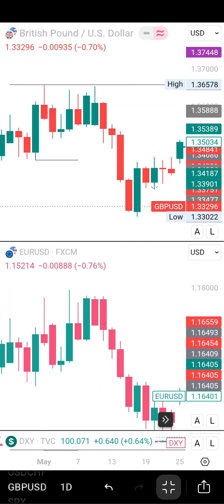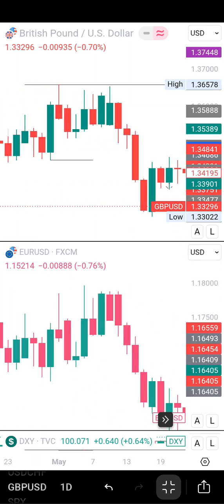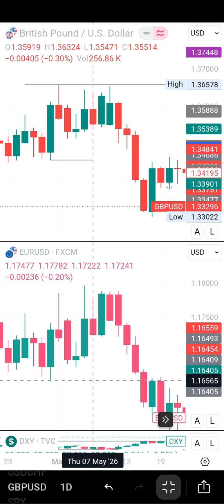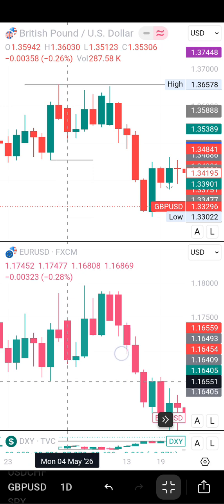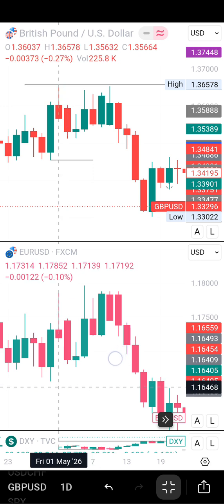Listen, anytime you are on a trade that is fueled by SMT, or fueled by your CRT if you're a CRT trader, you must be conscious of what the SMT is saying. Now check out this trade setup, which is on Friday, 1st of May 2026. You can see where I marked it on EURUSD and GBPUSD. Don't forget, we basically focus on